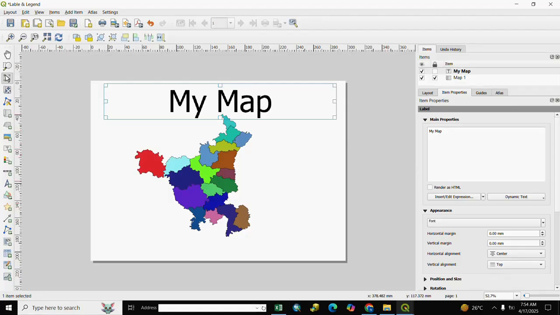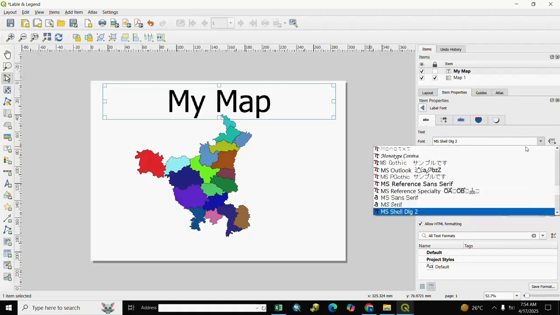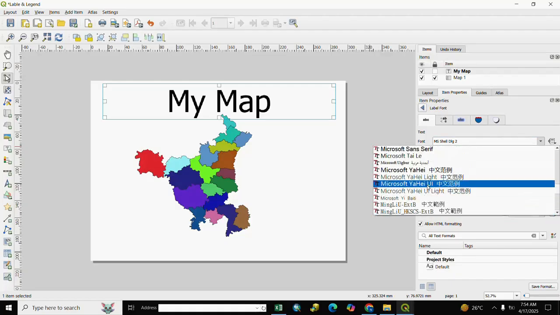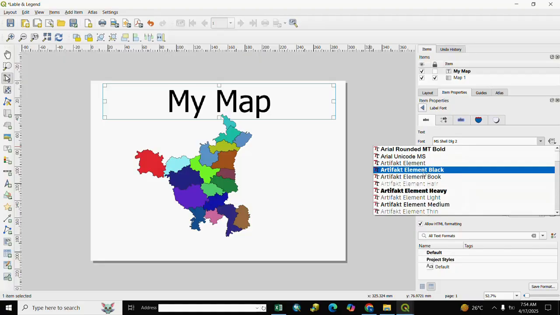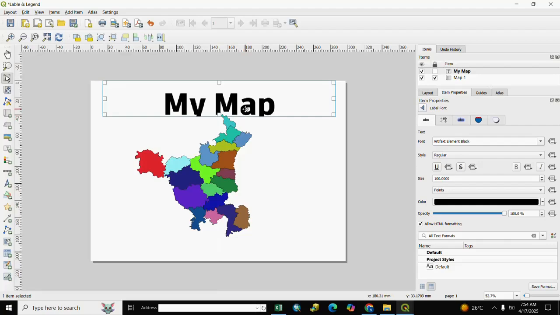And if you want to change the font type, you click here on font and we select a font as per your requirement. We select this one and we adjust as per our requirement and change the size.